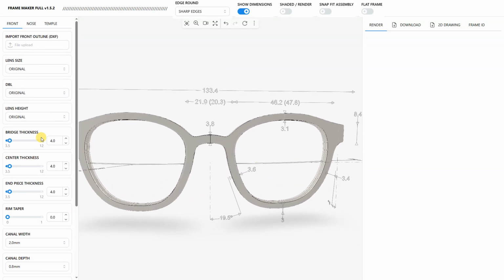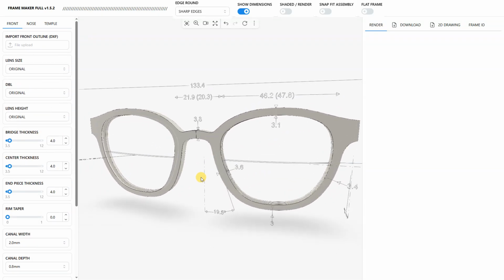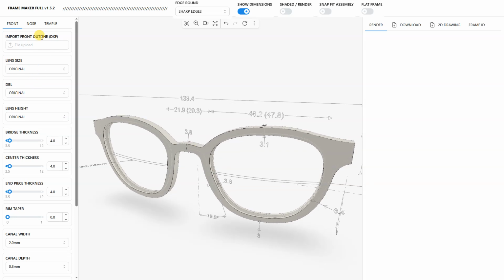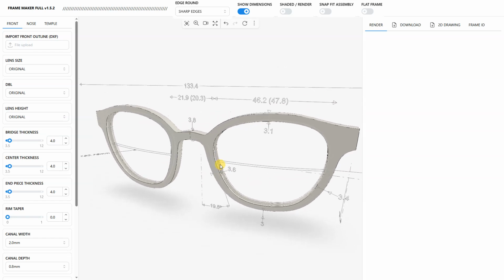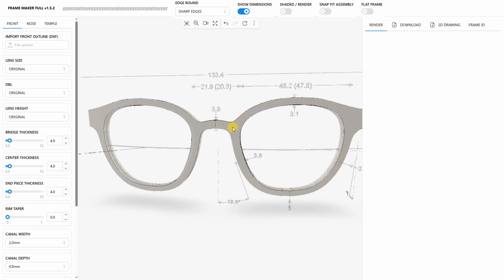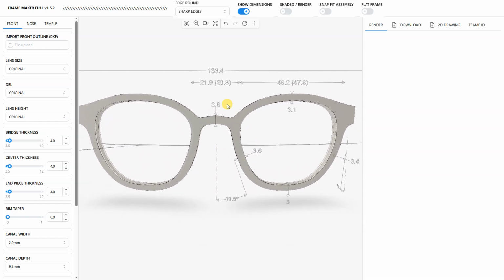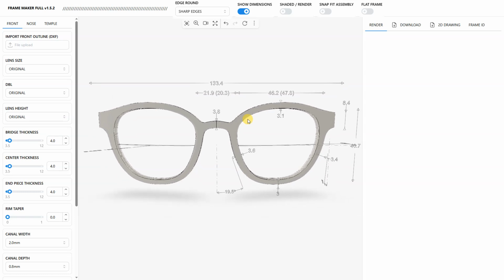Hi there. This next video is going to focus on the front settings. So everything that has to do with this first tab right here. I'm using the default frame, didn't import any new DXFs, and very simply from top to bottom, the lens